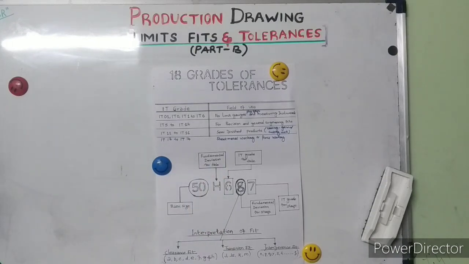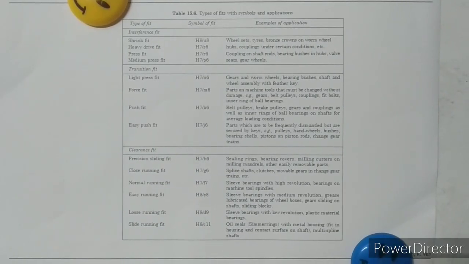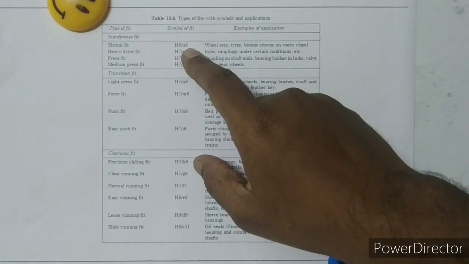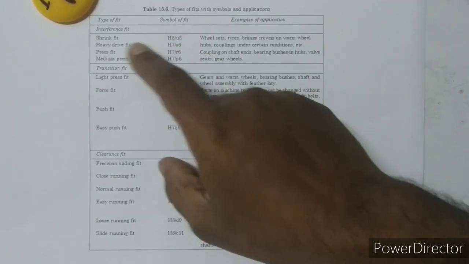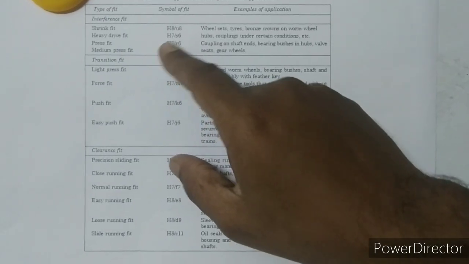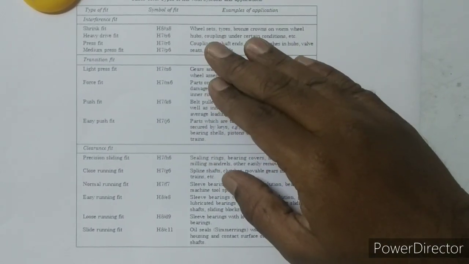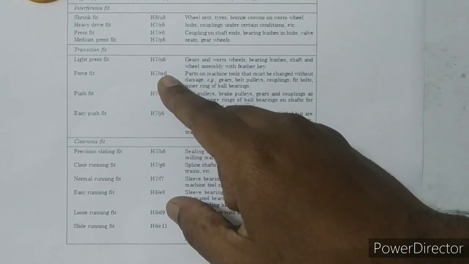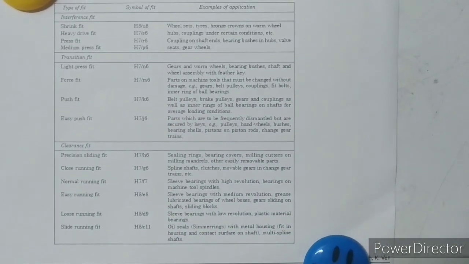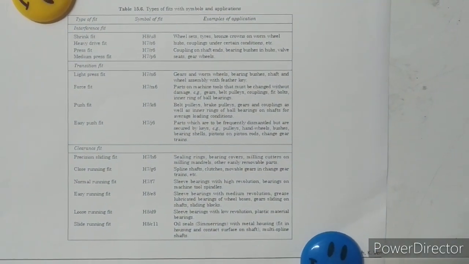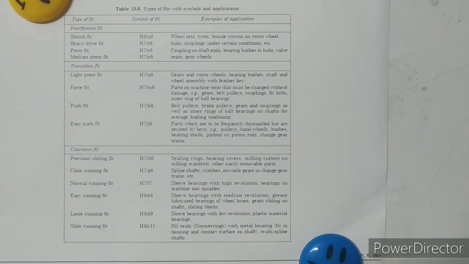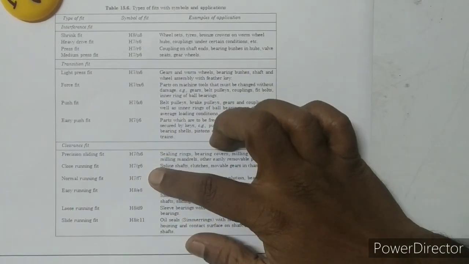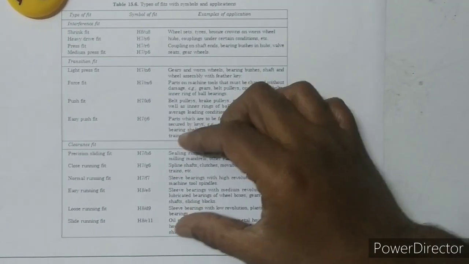Let me see some of the examples. As I told, the capital letter indicates the hole, and the small letter is the indication of the shaft. H8 U8 indicates a strong fit. It comes under the interference fit. The applications are wheels, steel setups, etc. And for transition fits we see H7 and H6. As I told, the letters that vary from A to H are used for clearance fit. Here you can see H, G, F, E, D, that is A to H, the clearance fit.